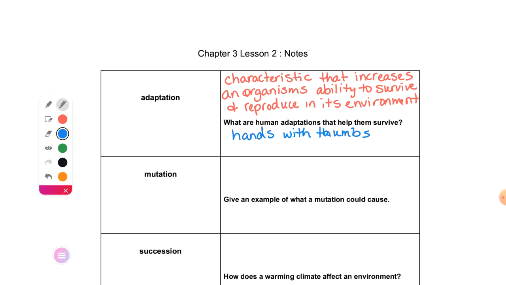Jackson? So that's more of a gene, a trait, okay, which we get into genes and traits and all of that. But does your earlobe being attached or not attached help you survive in any way? No. So it does have to do with this lesson, but that's not necessarily an adaptation. That's just a gene that does that. Elise? But that's not an adaptation. An adaptation is something that has helped us survive over the years.